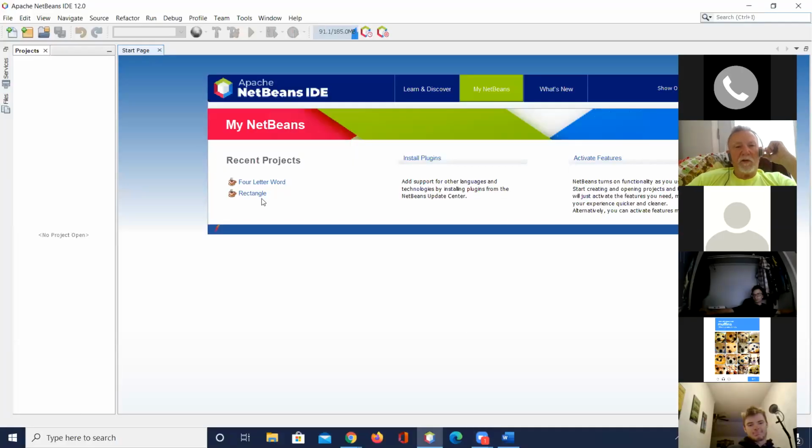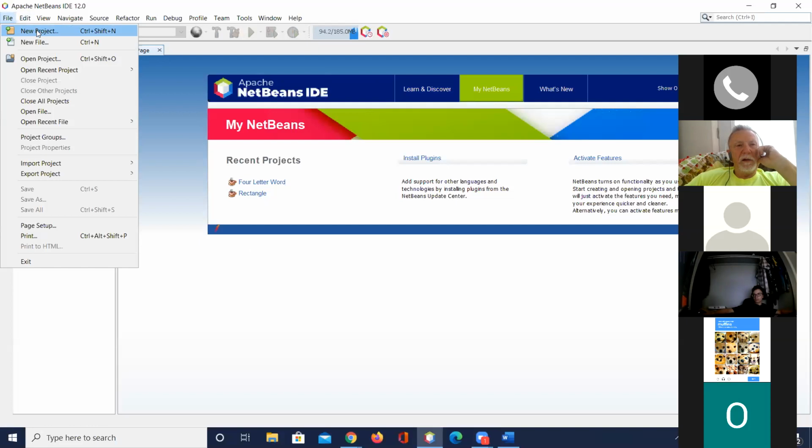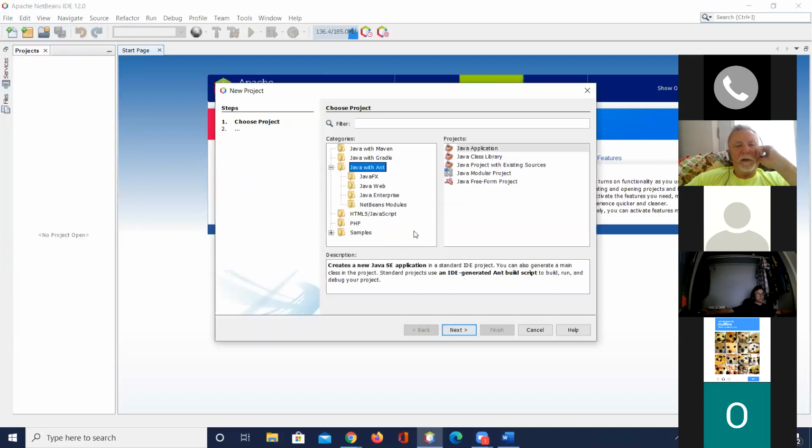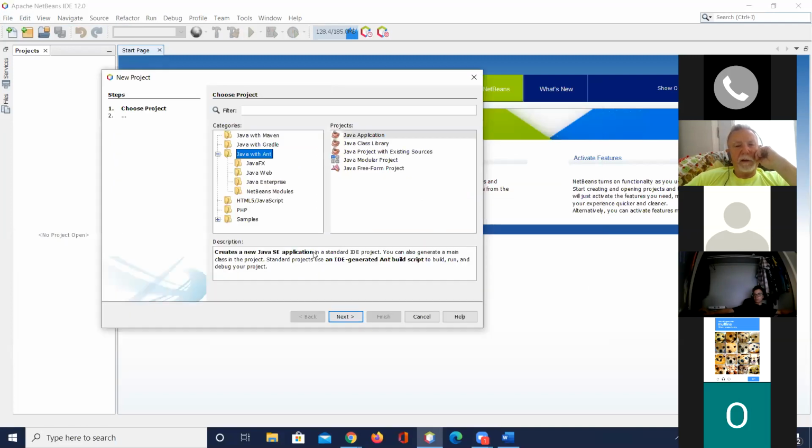So do you see this? Yeah. Okay. And then when you go to File, then I click New Project, nothing shows up here. Then there's something wrong with your install, I would think. What are you running it on, a PC or a Mac? PC. Windows.